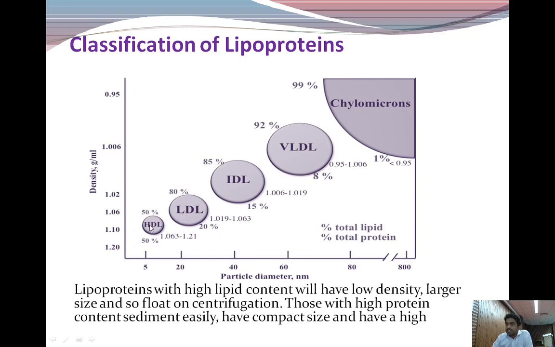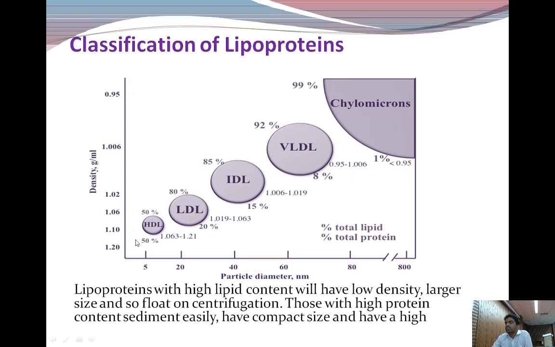and HDL has the opposite role. It will carry the cholesterol from different organs of the body back to the liver. And this is required for the metabolism of VLDL, IDL and chylomicron. How? Because this HDL gives the apoproteins required for the formation and maturation of the VLDL and chylomicron also. And here you can see that this is the total lipid content, the top, and this